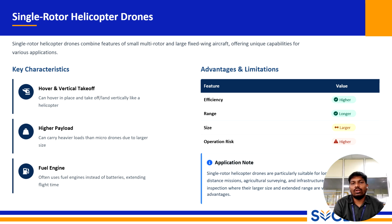This heavy lifting ability is often powered by a fuel engine, while electric versions exist. Many single rotor drones use a small internal combustion engine. As we know, the high energy density of liquid fuel compared to batteries allows for a massive increase in flight time, pushing endurance from minutes to hours. This unique set of characteristics creates a distinct balance of advantage and limitation. On the plus side, the single rotor drone boasts much higher efficiency than the